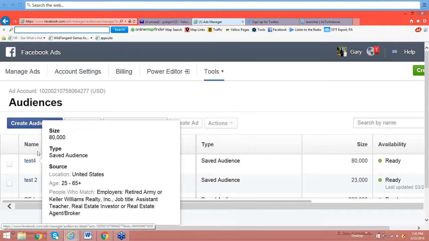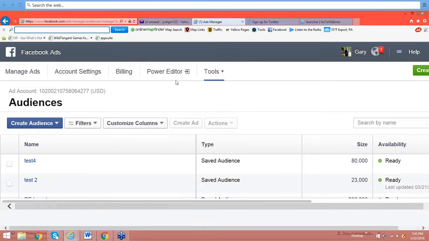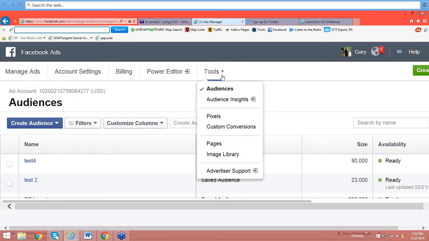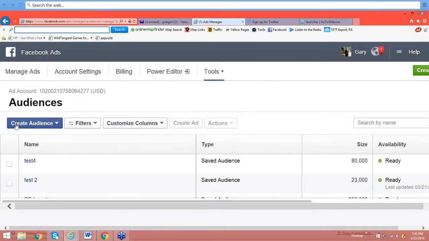So again, I'll just repeat this quickly. Tools. Then you go to audience. Go back down to create audience, and we want to go saved. And there, again, you can see there are 2 other different kinds of audience, a lookalike audience or a custom audience. You can even take it a couple steps further if you want, but I was just keeping it on basic for right now. We're going to hit saved. You want to pick your name.